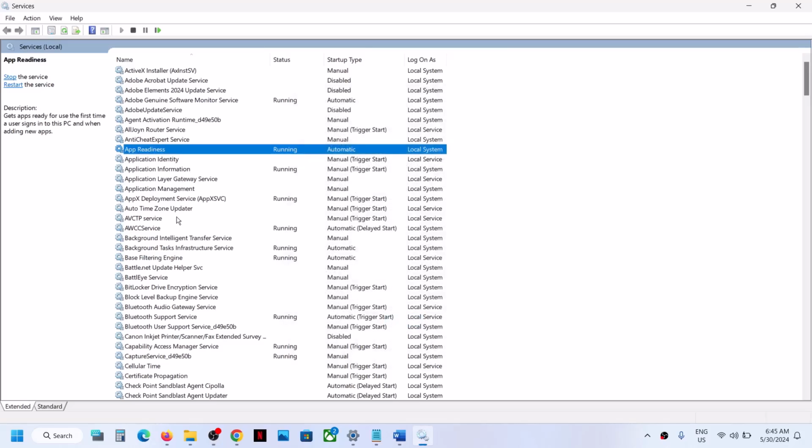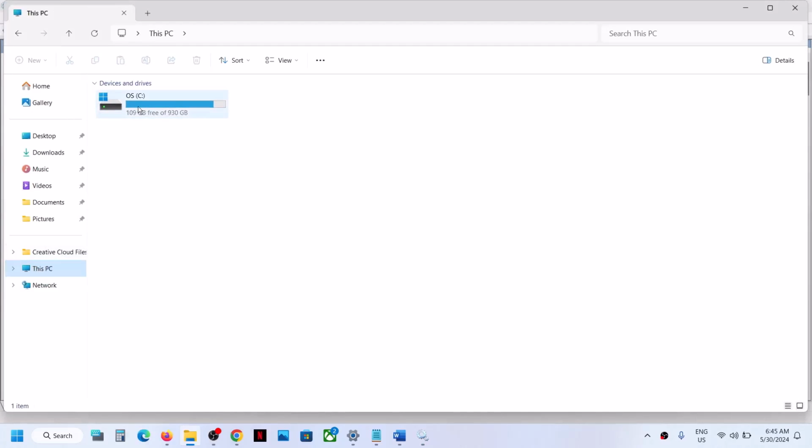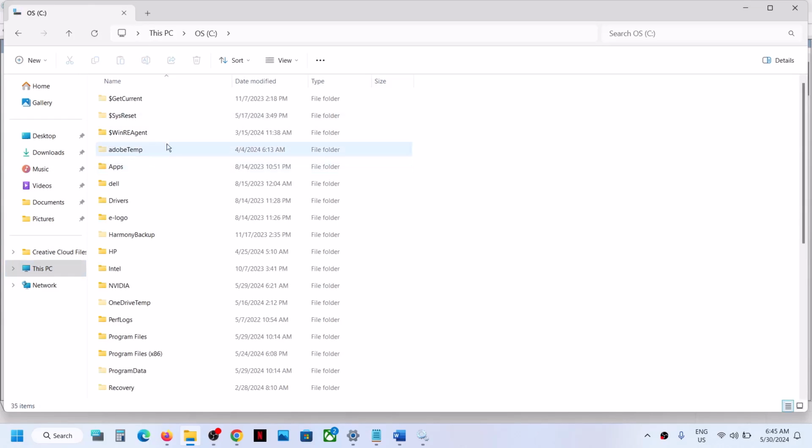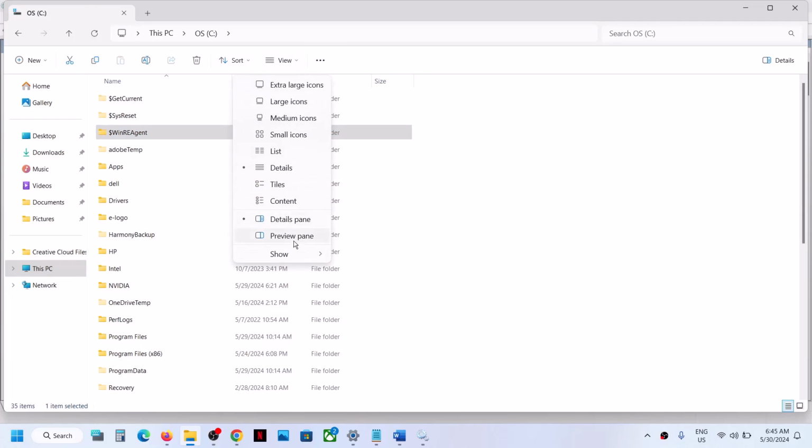Now you can try to update your Windows 11, but still you are unable to update. Then open File Explorer and then go to this PC, open C drive. Now over here open this $WinREAgent folder. If you don't see it on the top, click on view, select show and then put a check on hidden items. You should be able to see